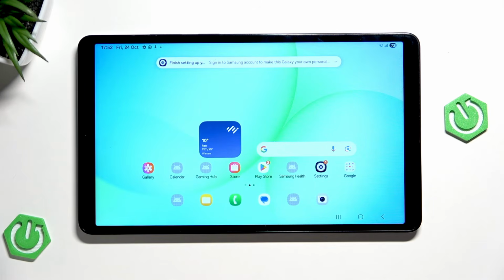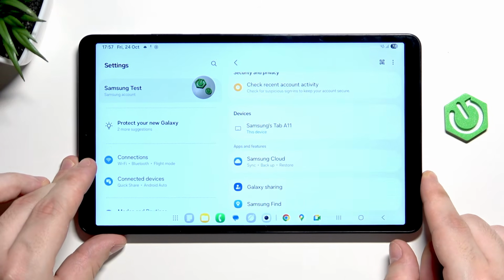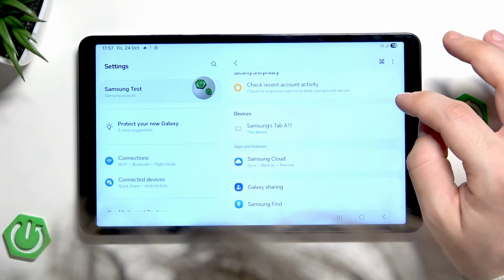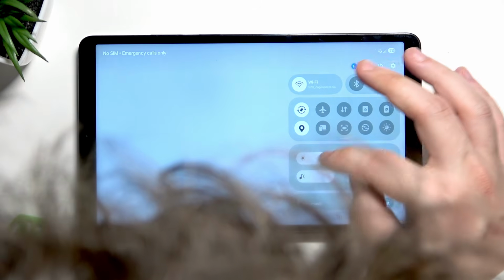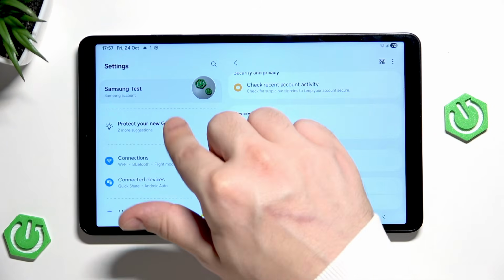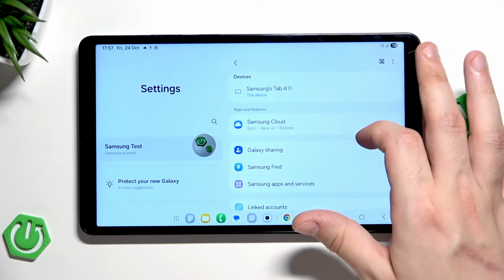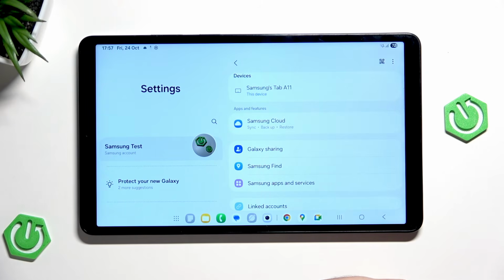Now I'll show you how you can restore the backup from the Samsung Cloud and external storage device. Okay, and now I will show you how to restore the backup from the Samsung Cloud, but let me only adjust the brightness a little. And now, open up your settings, log in into your Samsung account, find Samsung Cloud, simply click on that,